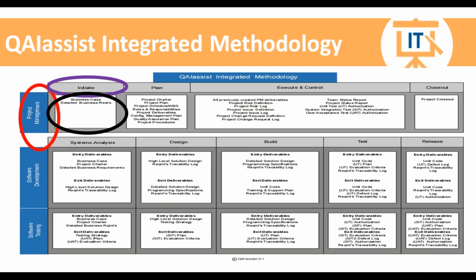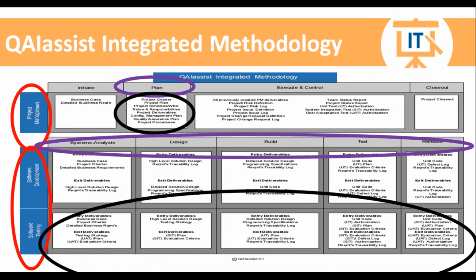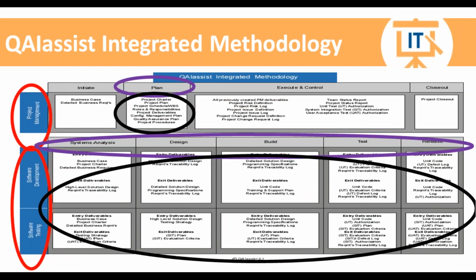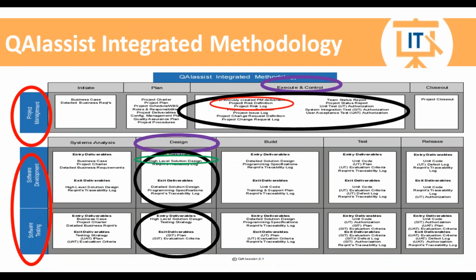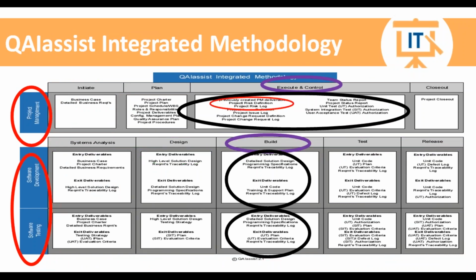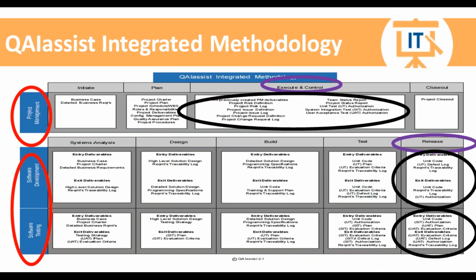Okay, similarly, when we go through it, it's much the same as the issue log. As we're executing and controlling the project, we can hit a risk anywhere, anything to do with the schedule or cost or quality. So I'll just jump through this, but you get the idea here. We're going to have risks or potential risks as the project team goes through the software development and software testing of the project.